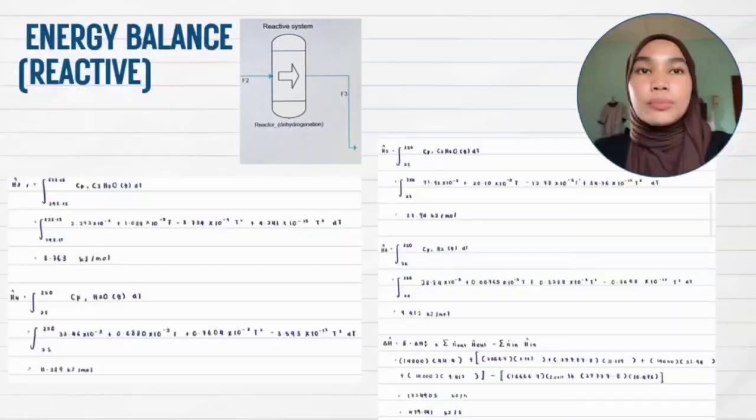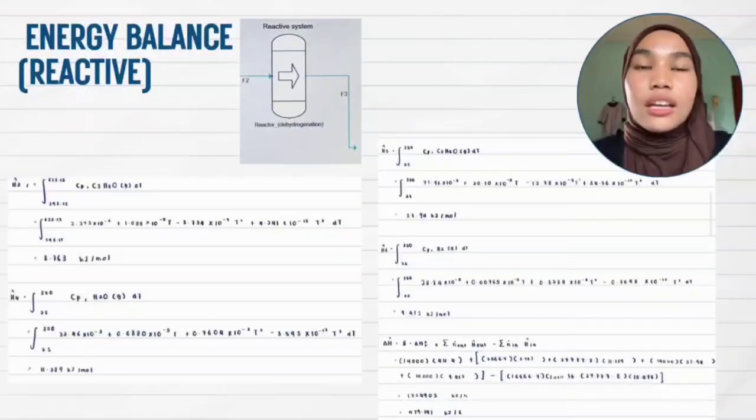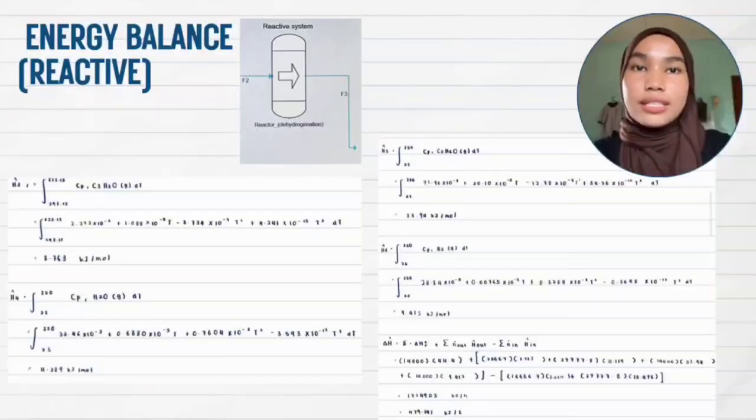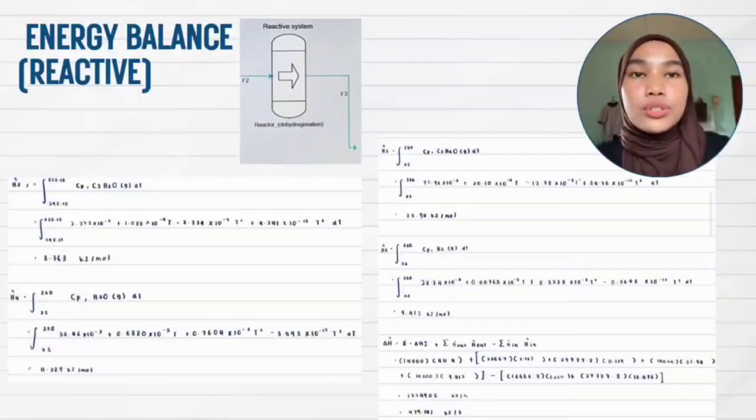And finally, we apply the formula mentioned at the beginning of the slide, which is delta H equal to extent of reaction multiplied by standard heat of reaction plus the formula for non-reactive energy balance. By substituting all the values, the energy produced is 1,724,905 kilojoule per hour, which is equivalent to